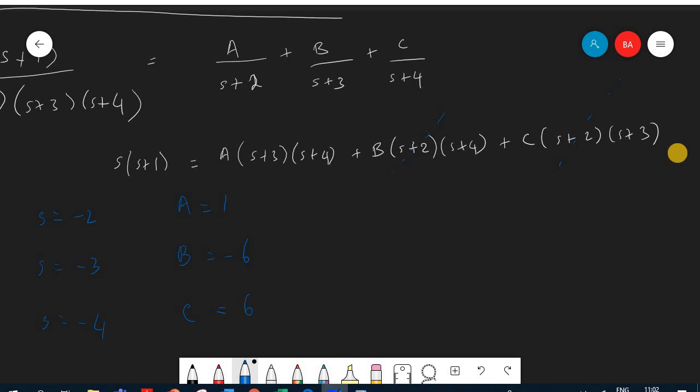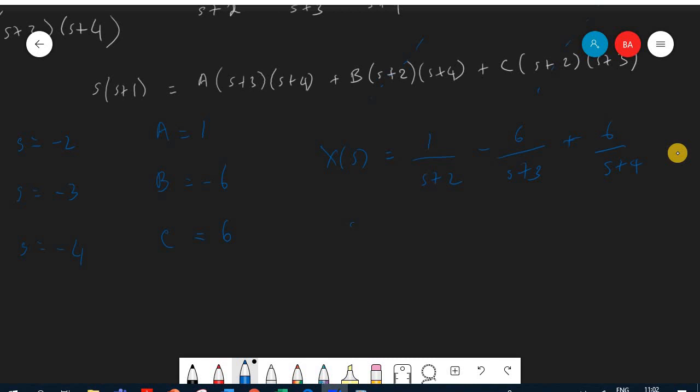And by that you're finding the solution. After finding the values, X of s is equal to 1 over s plus 2 minus 6 over s plus 3 plus 6 over s plus 4. Okay, so we found the terms, and if you want to now find x of t as requested,